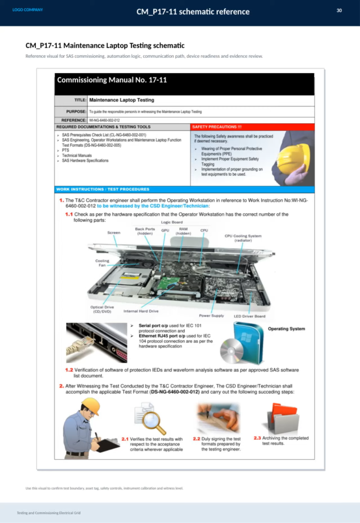Here we have a key reference schematic from the commissioning manual, specifically CM_P17-11. This visual serves as an essential tool during testing and commissioning of the electrical grid. It covers several critical aspects such as automation logic, communication paths, and device readiness. Using this schematic helps us ensure that all test boundaries are clearly defined, assets are properly tagged, safety controls are